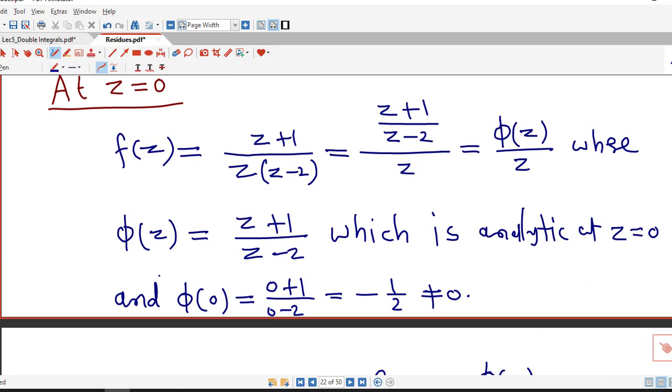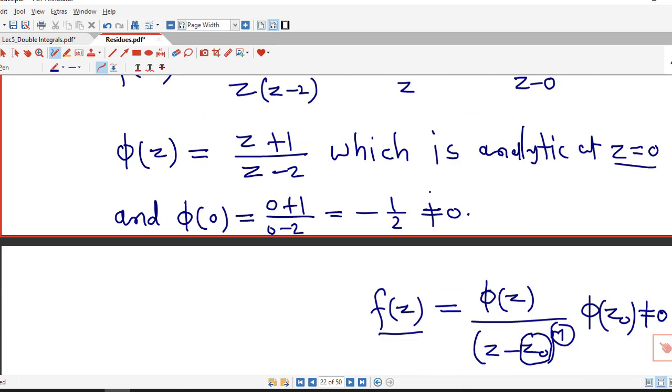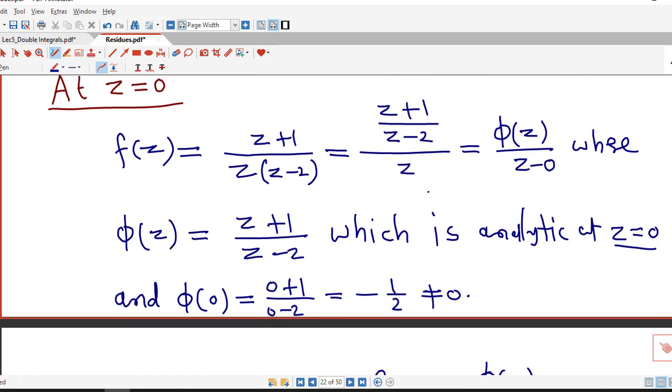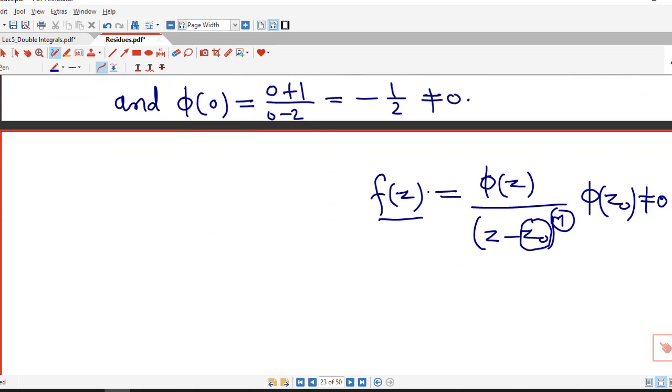So here z0 is 0 and phi of z is analytic at z equal to 0. Value of phi at z equal to 0 is non-zero, and here the power of z minus 0 is 1. Therefore f of z has a simple pole or a pole of order 1 at z equal to 0, and